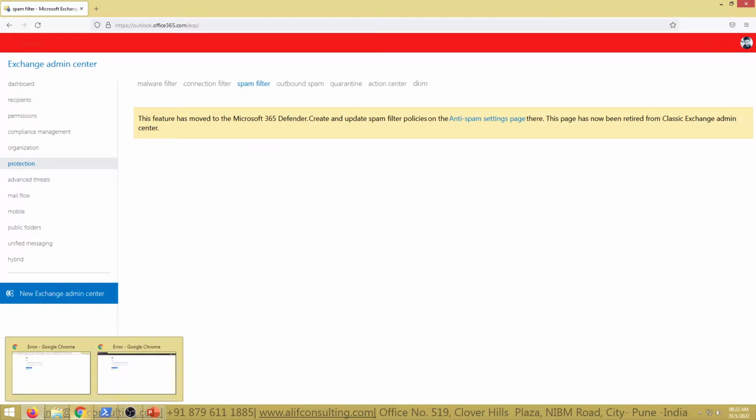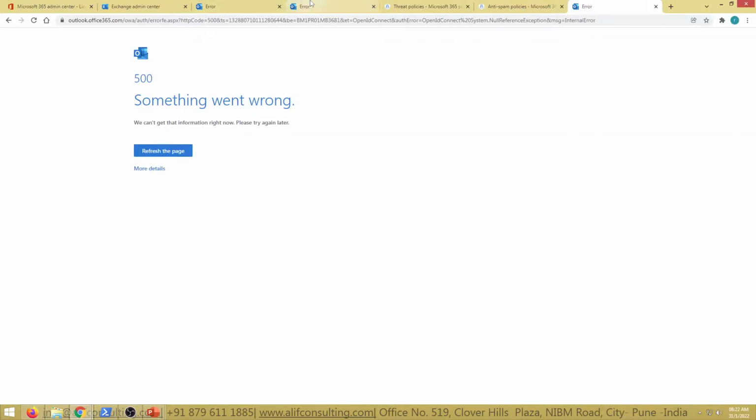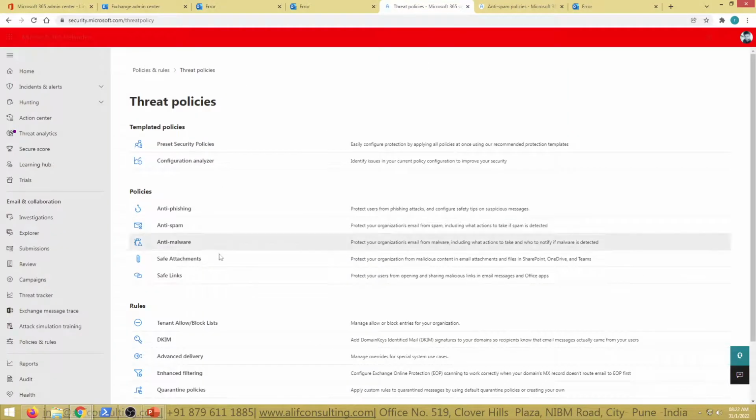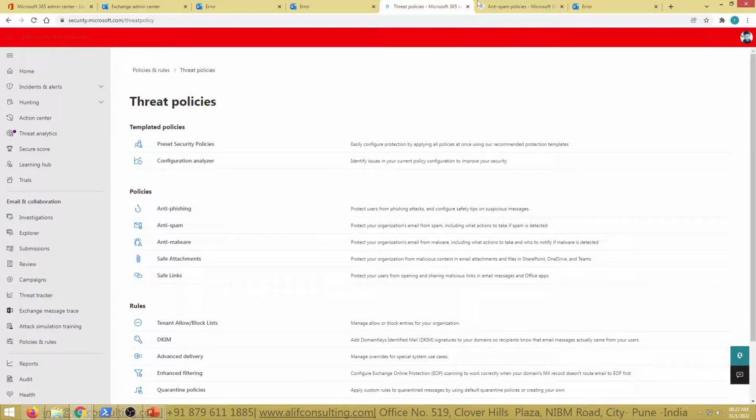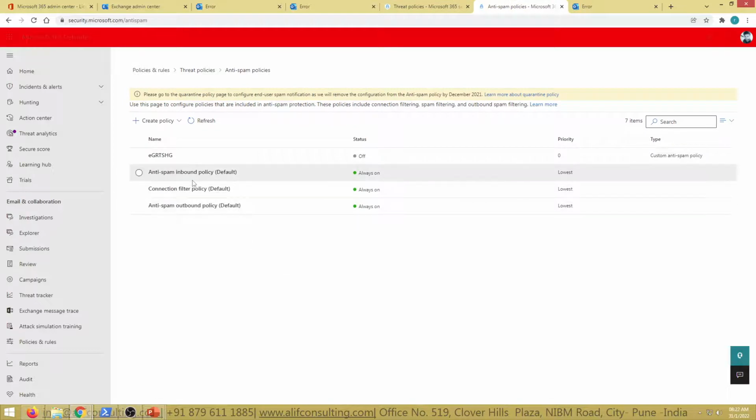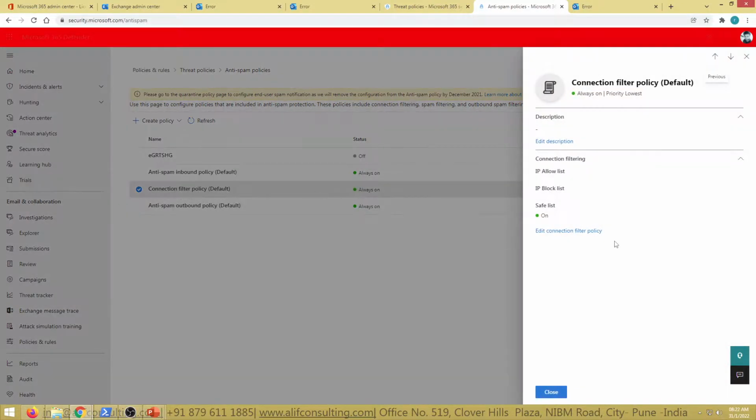Now coming back onto this portal, so this is all it. If you see anti-phishing, anti-spam. If we click on anti-spam, this is the inbound policy, which is called the default spam policy. You see, always on. There's no option to turn it off. This is your connection filtering policy, exactly the one which I showed you. And on the basis of this, if you see,